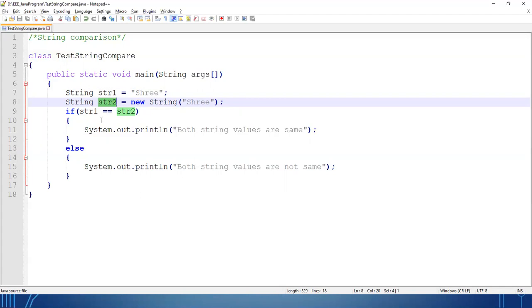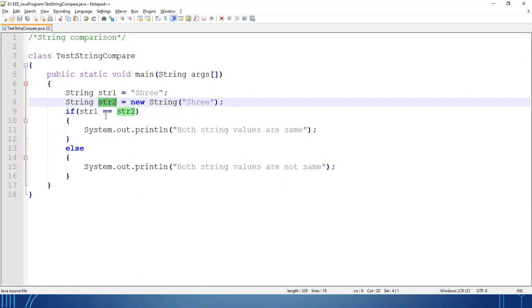You can call this the object reference. An object reference is nothing but a unique hexadecimal number representing the memory address of the object. Why is the object reference required? Because by using that object reference you can access the members of the object.